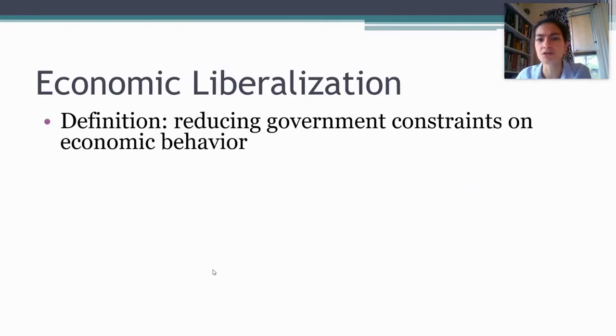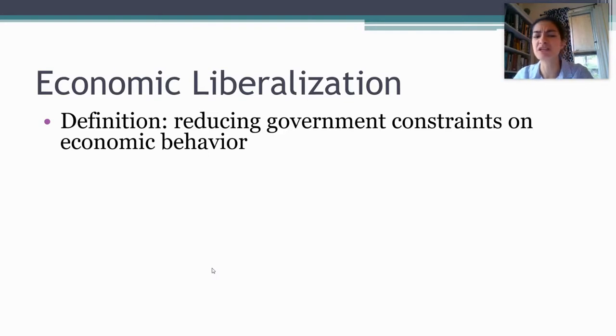Economic liberalization, in brief, means reducing constraints imposed by the state or by the government on economic behavior. It means, in more layman's terms, getting the government out of the economy. Although, if I ask you to define that term in an exam context, you want to use slightly more formal language than that. It generally entails a shift from a more interventionist model towards a liberal political economic system, towards laissez-faire capitalism, but specifically from the position of the government having previously intervened in the economy and now dialing back